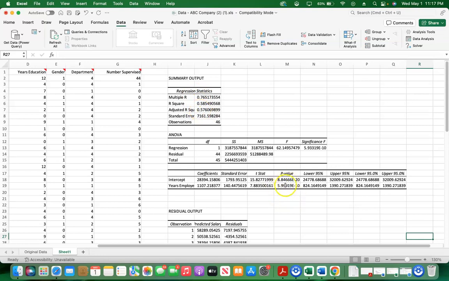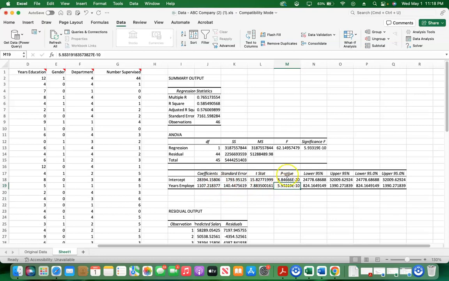And in this one will be determined by the p-value. So we can look at the years employed here, and in the p-value we can see it is 0. We have 10 zeros, and then you have 5, 9, because here we have exponential value, which shows that we'll have 10 zeros, then you can come to 593, and this is almost 0, which is the good p-value. So